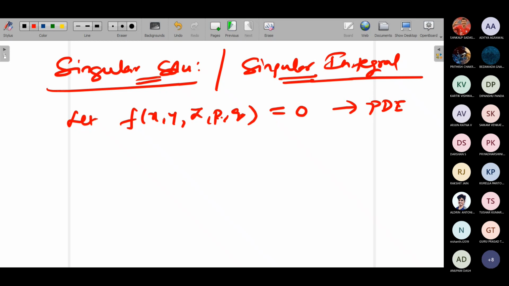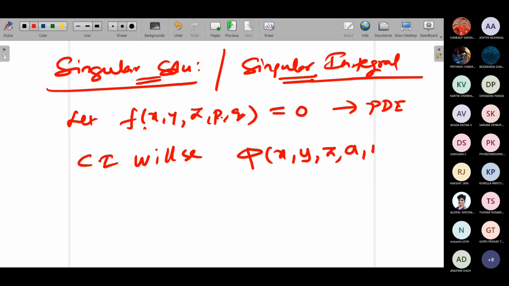How are we going to obtain the singular integral? First of all, we will find the complete integral for the problem. The complete integral will be phi of x comma y comma z comma a comma b equal to 0. What did we observe? See, the number of independent variables and number of arbitrary constants are the same here. So x comma y comma z comma a comma b. I'm simply replacing here. So when I find the solution, it is of the form where I take p equal to a and q equal to b. That is the form I have. So this will be your complete integral, phi of x comma y comma z comma a comma b equal to 0. Okay. Now to find the singular solution. Okay.